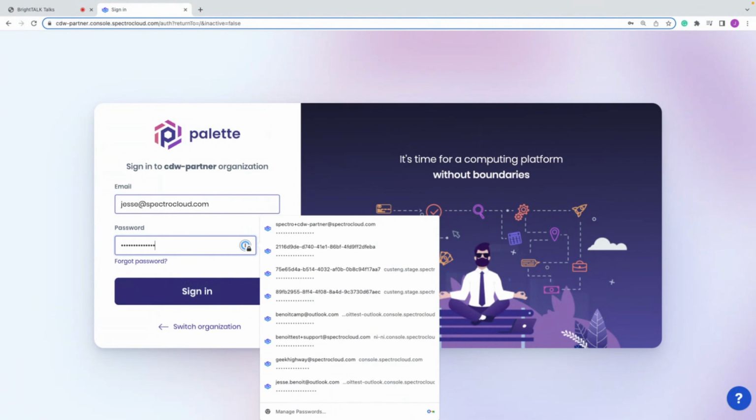Now, we can also integrate this with any authentication platform that you have with OIDC or SAML-based authentication. So think Azure AD, Okta, Keycloak, OneLogin, you name it. As long as it has SAML or OIDC-based authentication capabilities, you can use your existing identity provider to log in and manage Palette, and log in and manage the Kubernetes clusters. So let me log in here.